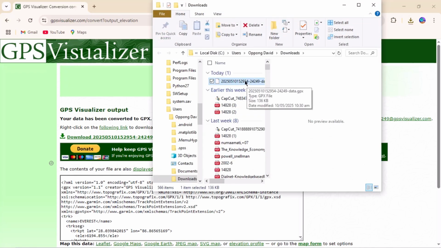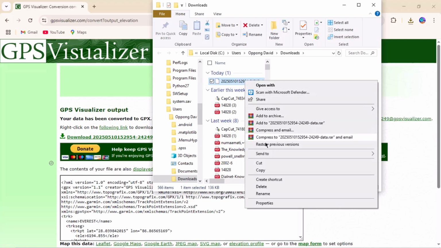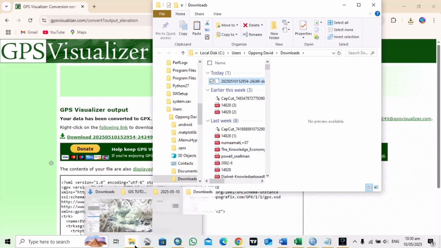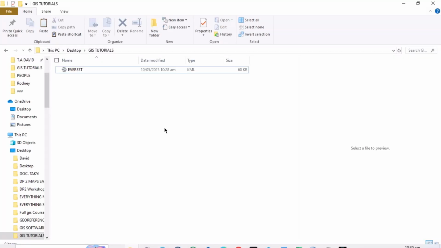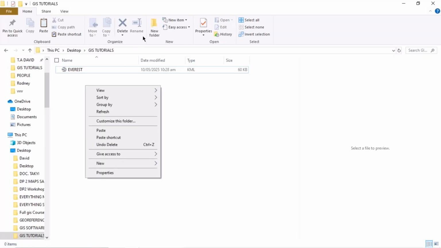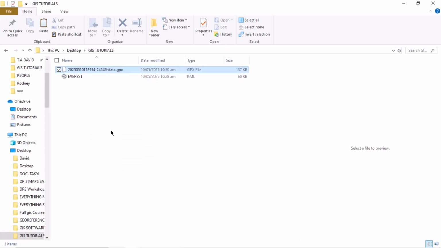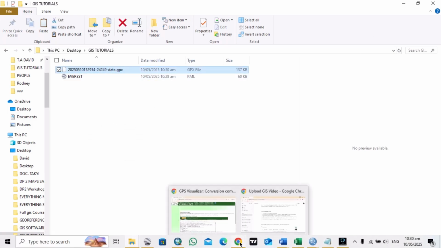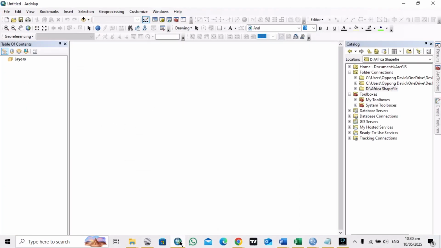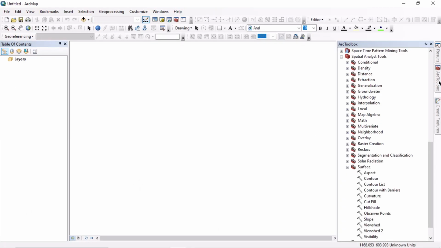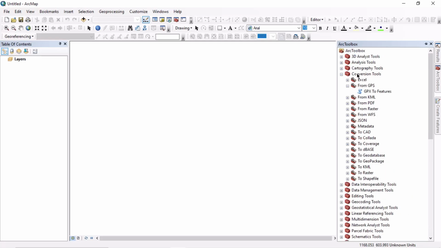So I'll just copy it from here and paste it into the folder I'm working on, this folder. So I'll paste it here. Okay, then the next thing to do is to open your ArcGIS and go to Arc Toolbox, and then here you go to conversion tool. So you scroll up here, conversion tools, and then you click on this from GPS,